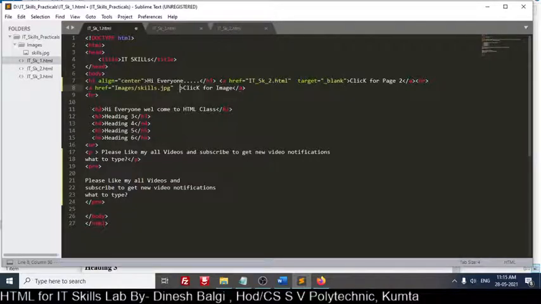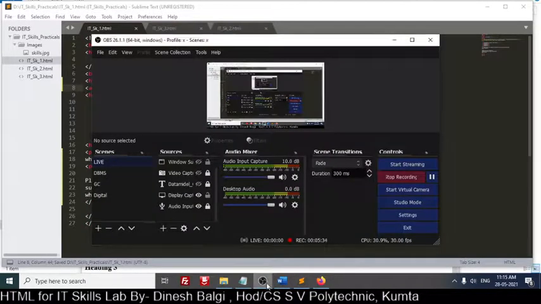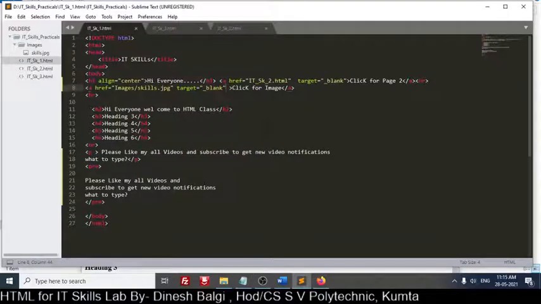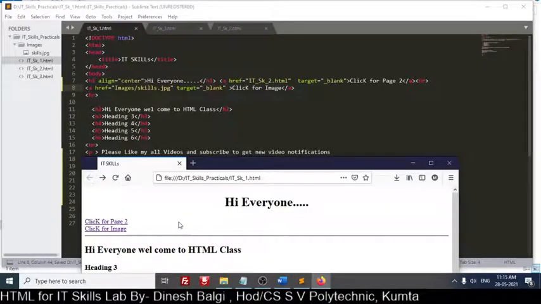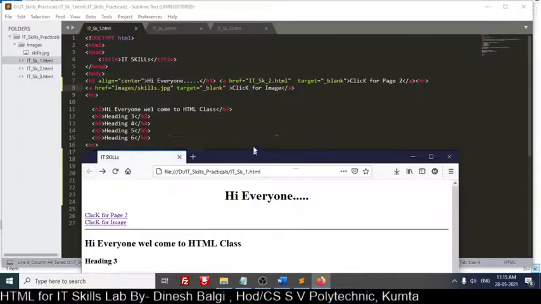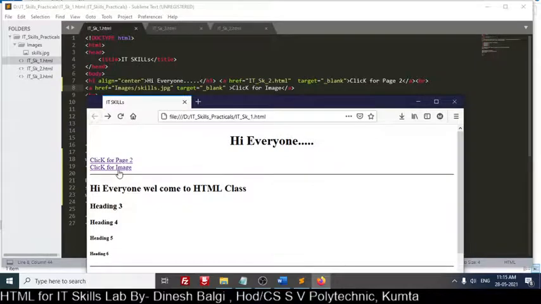So I will just use target equal to blank. Now I will save the file and refresh it.